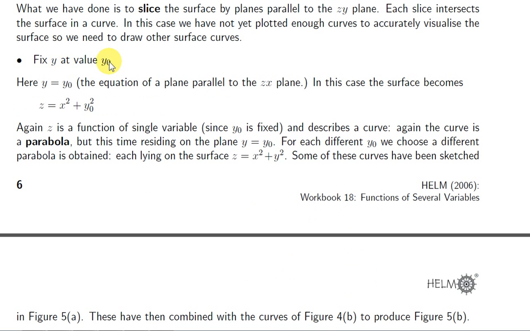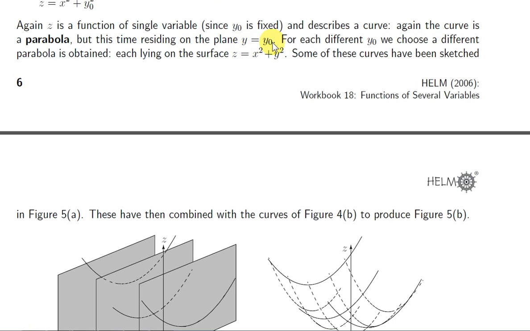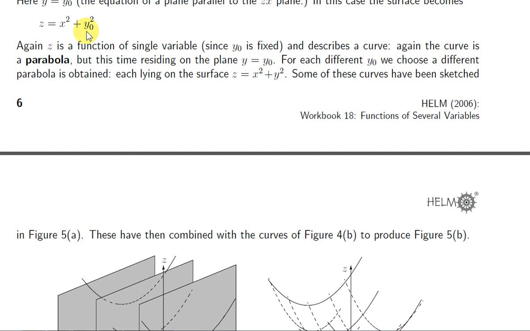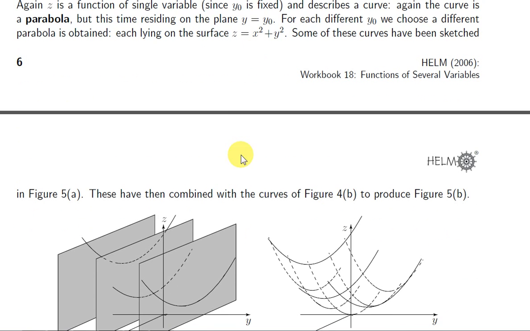Next we consider fixing the other independent variable. We fix y and we call its fixed value y0. So we get z equals x squared plus y0 squared. So these are also parabolas. They have exactly the same shape as before. But now we are considering the planes y equals y0. So for these parabolas, the y values are a constant,